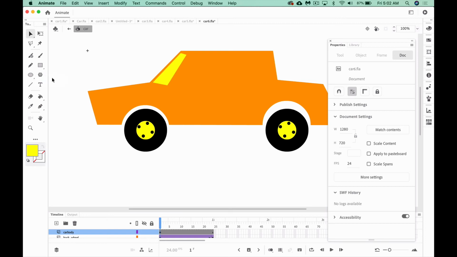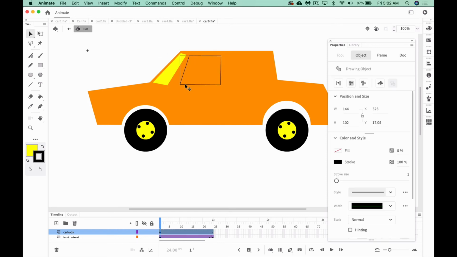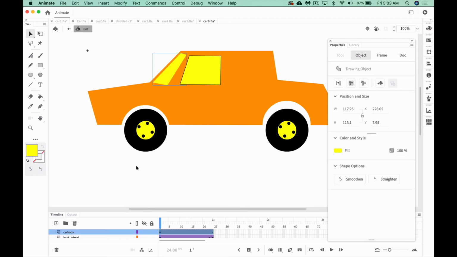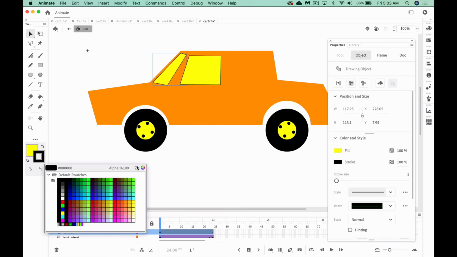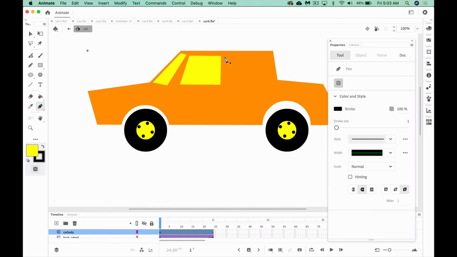I'm going to then go back and get the pen tool, and I think I'm going to make another window. Click, click, click. I'm imagining a space between doors. Click. And again, I'll get the black arrow, click on my new drawing object, and then I could pick a fill from the color chip. No paint bucket necessary. I'm going to turn off my stroke by using stroke of none. Oops, try that again. I'm going to turn off my stroke and click the stroke box and choose color of none. I'm going to go back and get the pen tool, do another window.